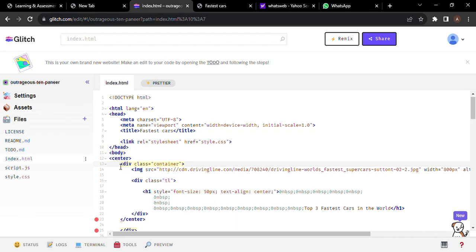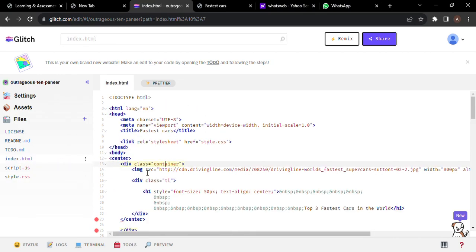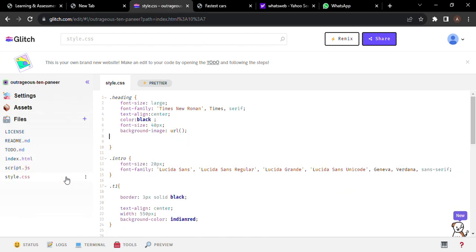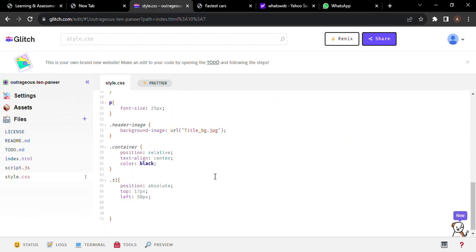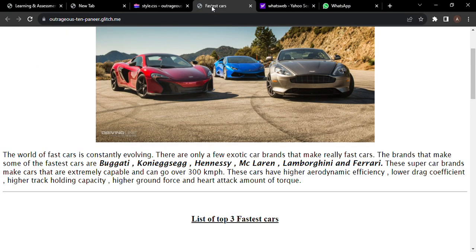The div tag is a tag that creates some division between other things within the document. And you can see I've created a class for this division tag. As you can see, div class is equal to container. Let me take you to the CSS page. This is the class I've created. This is a CSS class, and all these are CSS properties. With the help of these properties, whatever inputs you give, it would be visible on the main page related to these properties. So this container contains the image, this background image,